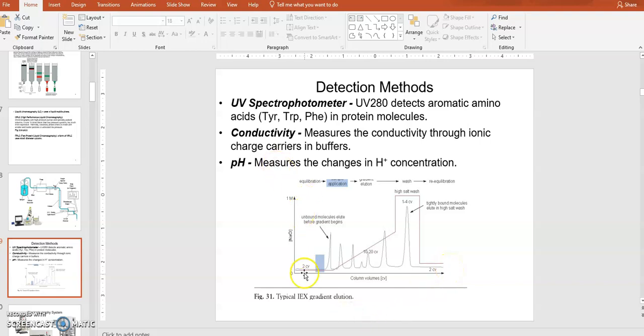Okay, and this graph, if you look at it, this x-axis shows you column volume. Column volume is how big your column is. Let's say your column contains 10 liters. So 1 column volume is 10 liters. So if it says 2 column volumes, that means what? 20 liters. Okay, so 2 column volumes, 10 to 20 column volumes. So sample loading is done with about 2 column volumes of buffer introduced to the column. And then this is probably washing. Okay, washing using about 10 to 20 column volumes of your